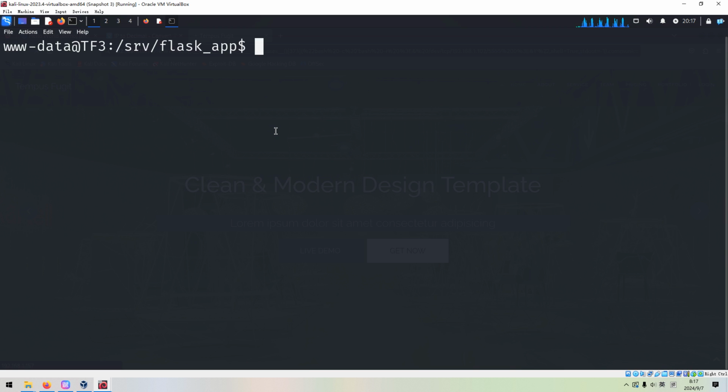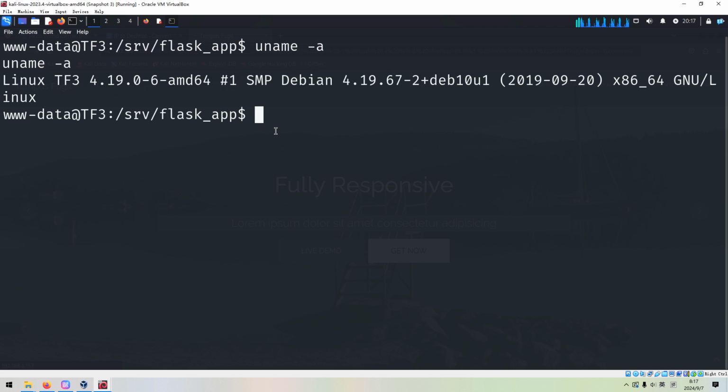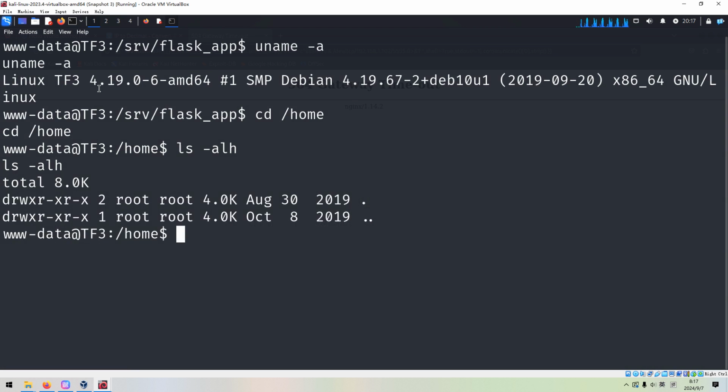For example, we can check the architecture. I think this kernel is somewhat stable. It does not have many exploits, or it is not easy to exploit. Okay, and the next we need to go to the home, but no normal user.